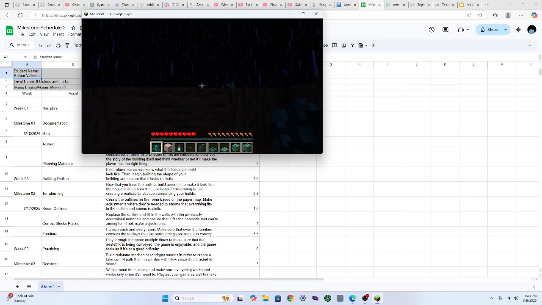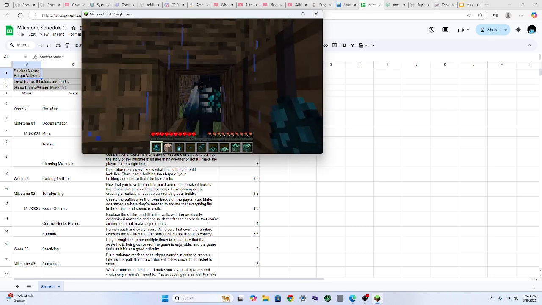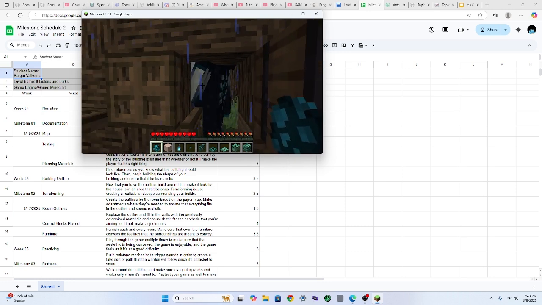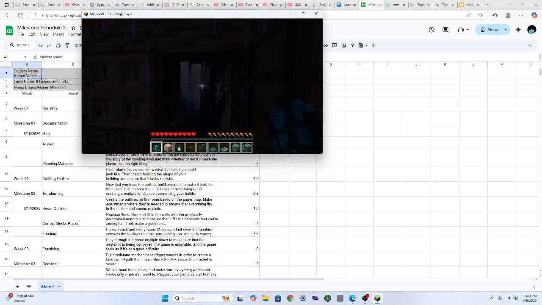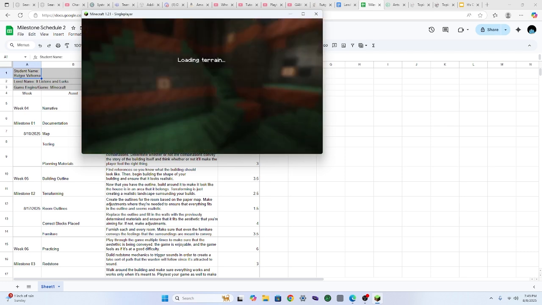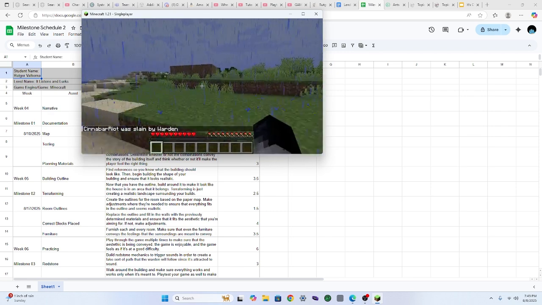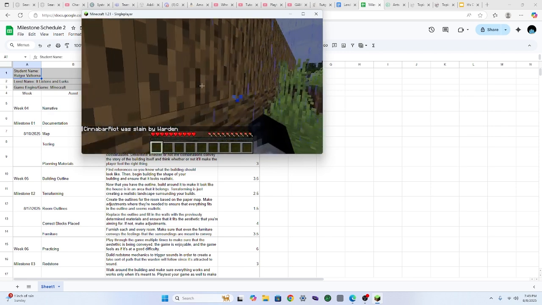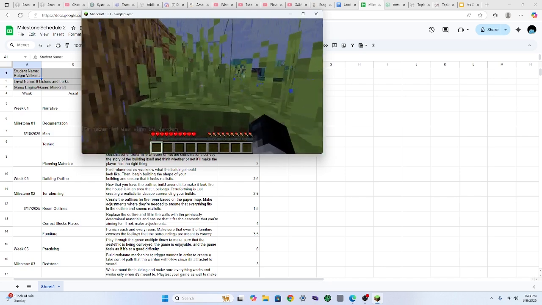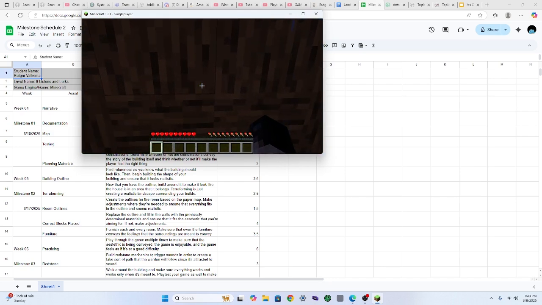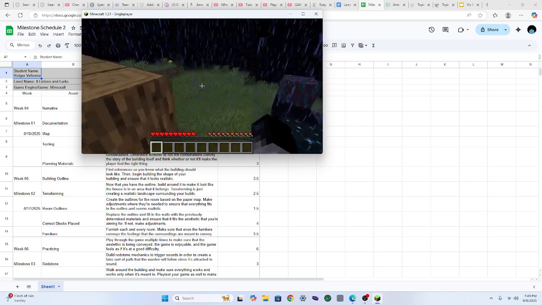If I make too much noise, though... Ooh! He's about to attack me. Attack. Oh. There we go. So I was just sort of testing to see if it would work. I've got some more testing to do, obviously. Not this week. That's in the practicing area and the bug fixing.